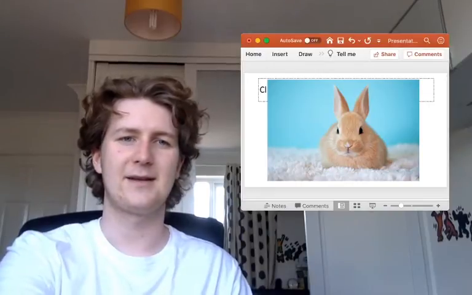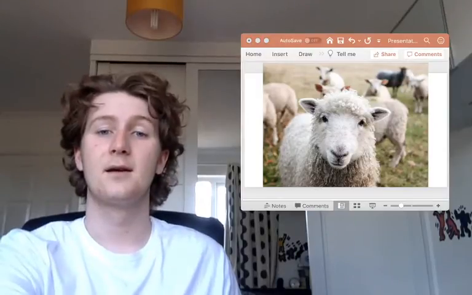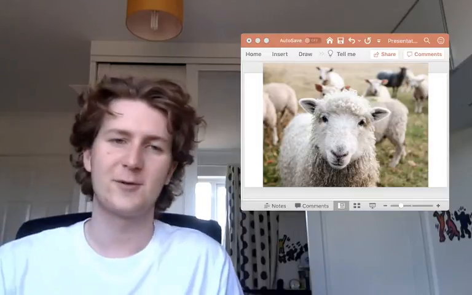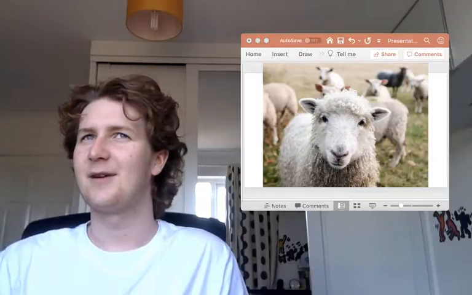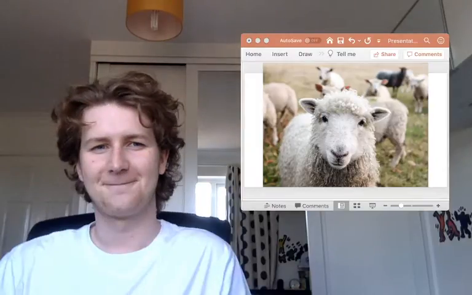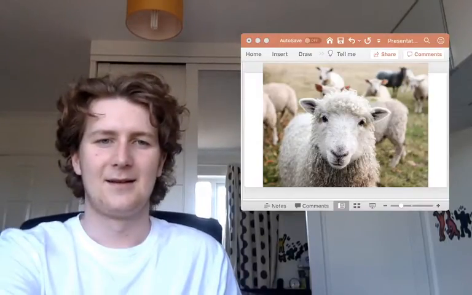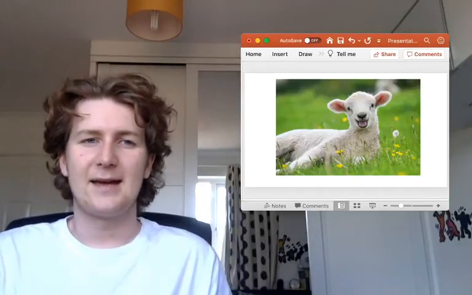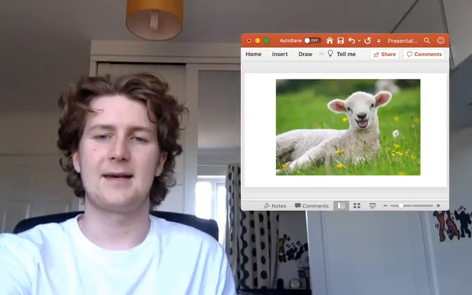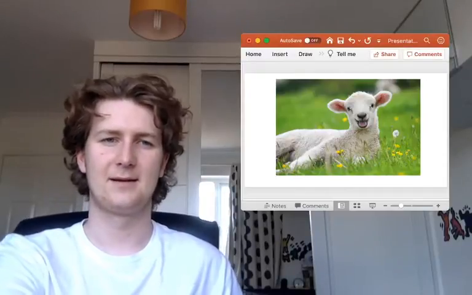So anyway, the next one is, so the adult version is a sheep. Don't know if you know, that's a really common one. See them all around near me whenever I'm going for a walk. Lots of those around me, so that's nice. So anyone know what the baby version of a sheep is? It is a lamb. Okay, so that's a little picture of a lamb there.